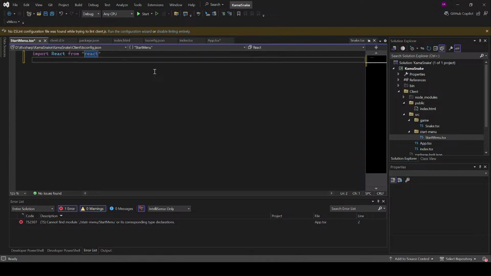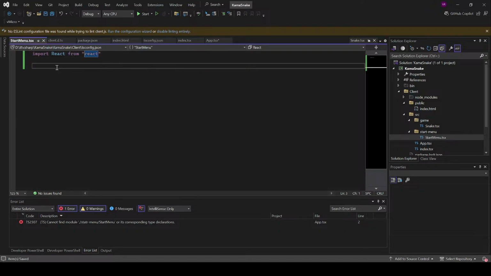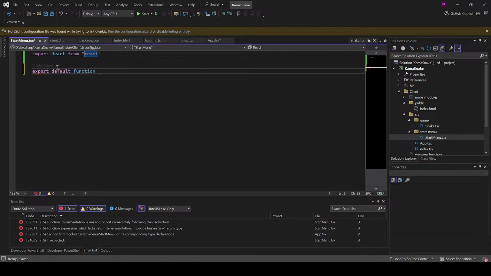We should use React to be able to use TypeScript extensions, and we will export default function start menu,